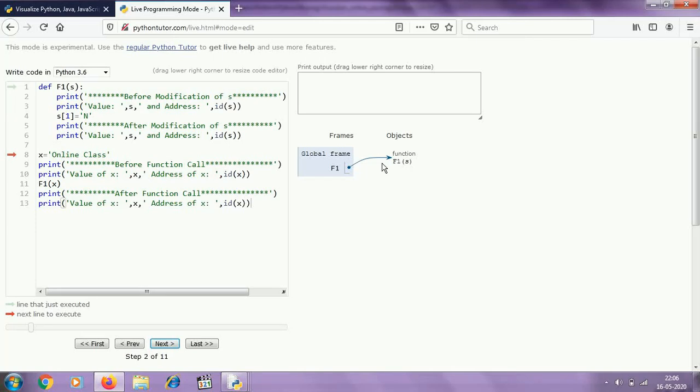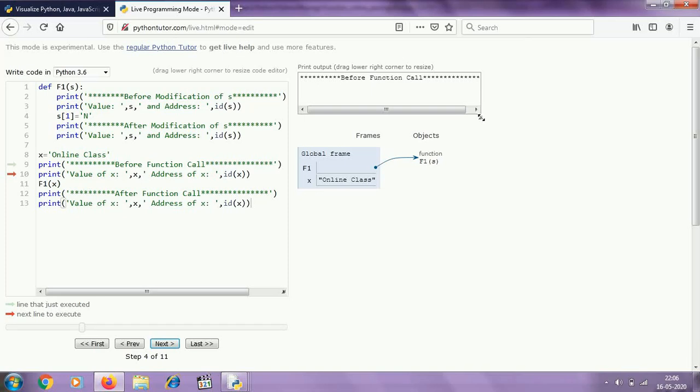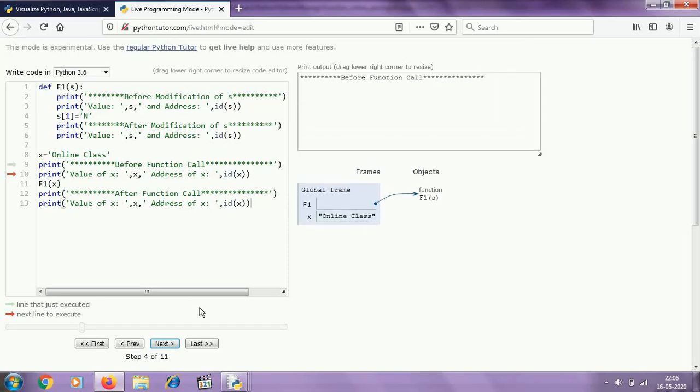Again, we have made a declaration that f1 is a function. Now x is a string with this value online class. Next, before the function call we will print the value of x as well as the memory address. The value of x is online class and this is the memory address. Now the function f1 will be called, the argument is x and s is the parameter.